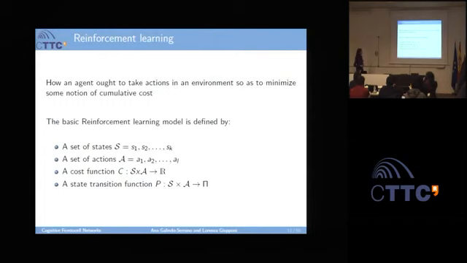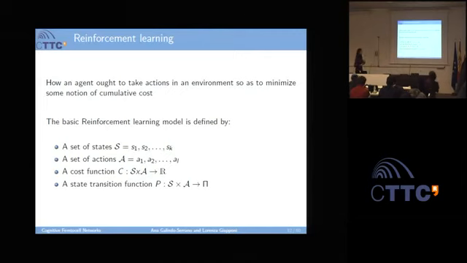So the main idea of reinforcement learning is that the agent will try to take actions in the environment in such a way that it will minimize the cost in the future, or maximize the reward, depending on how you model your reinforcement learning. You can maximize a reward function or minimize a cost function in the future. We will model our reinforcement learning as minimization of the cost function. So you will always see C and minimization, okay?